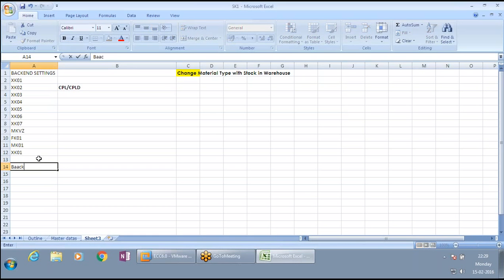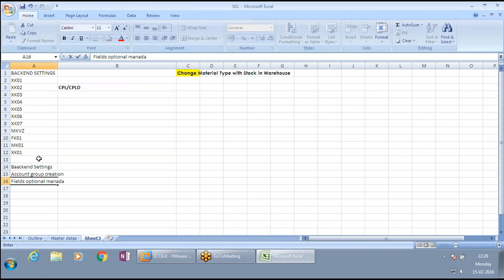Now, when it comes to the backend settings, what did we discuss? Account group creation, and then field settings, fields optional mandatory display.